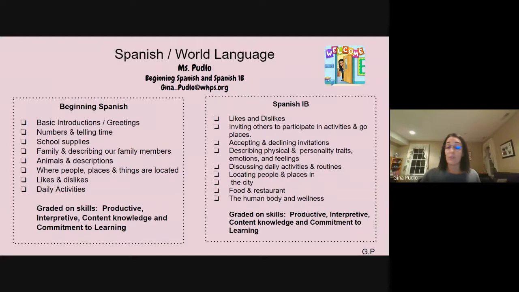The main focus or goal for me this year is to improve proficiency, and I just spoke about that with my classes today. I tried to explain how we're trying to move from what's called a novice low or a novice mid up into a novice high or intermediate low. And we're going to be working throughout the year, and I'm going to be showing them how to elaborate and add in details and improve their proficiency by the time we get to June, the end of the year.